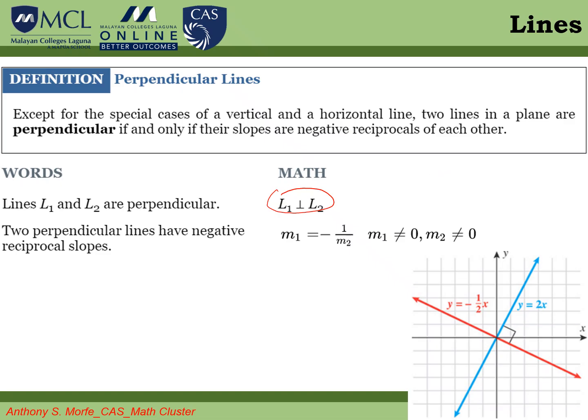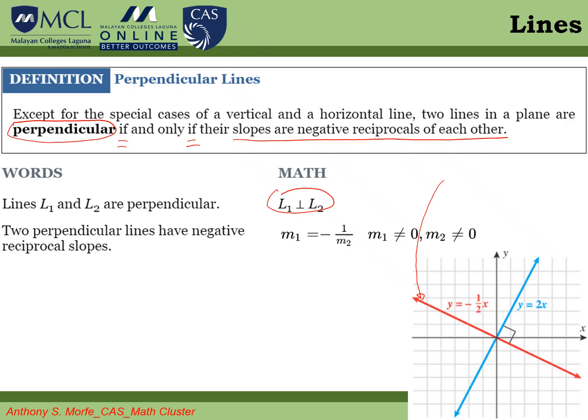Okay, so what is the characteristic of a perpendicular line? It's just this, class. Except for the special cases of vertical and horizontal lines, two lines in a plane are perpendicular if and only if their slopes are negative reciprocals of each other. So what does it mean? It means, class, that